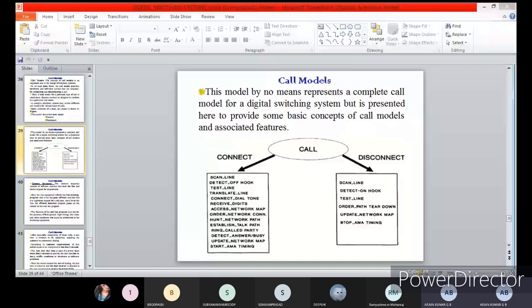Okay, suppose a particular line goes off hook and sends a request for the dial tone. That is the general case. Now it is a different case. Earlier, I was talking about the earlier two-wire or four-wire telecommunications. They will detect the on and off hook. It is in non-op, which means that person is already engaged with some other call.